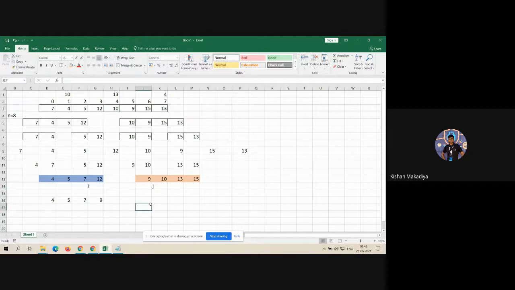Now next, 12 and 10. Again the 10 at index J is smaller. So you write 10 in the final answer, J plus plus. Now I and J again, 12 and 13. So 12, I plus plus. But observe, in the first array I plus plus means the first array is complete. Now the remaining elements from the second array go in the same sequence, J plus plus, J plus plus. So this is your final answer and this is the procedure.